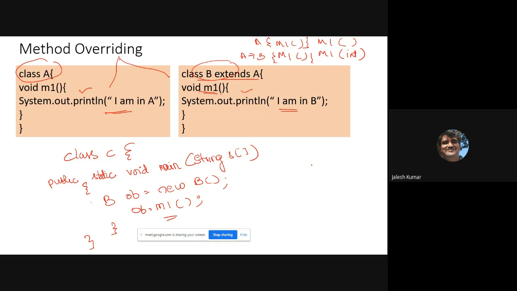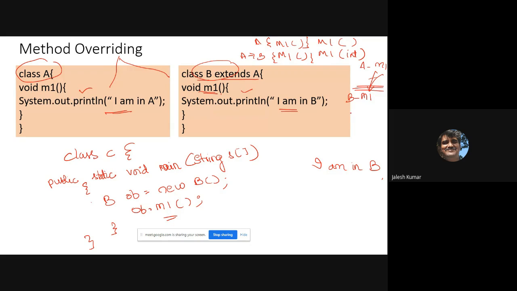I'll get the output "I am in B". I'll not get the output "I am in A", even though that is also an M1 method, because M1 in B will override M1 in A. It will hide it, and the word we use is override.